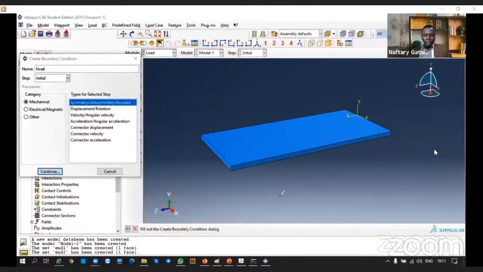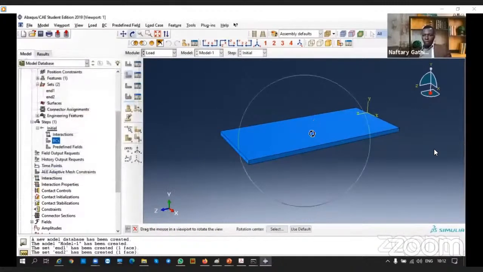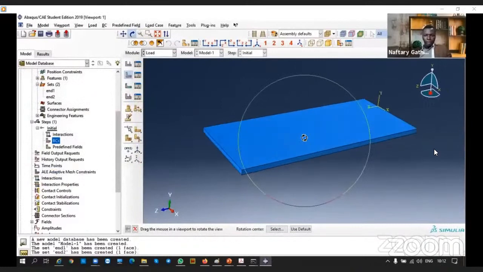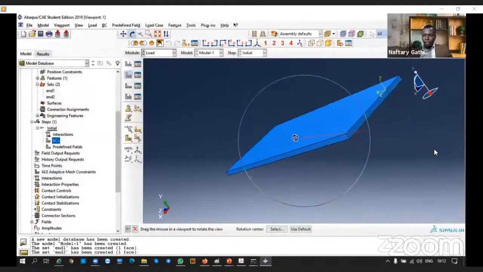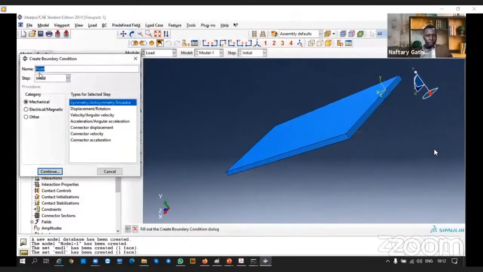So in that case now, let's define this boundary condition. Fixed. Oh yeah, I was rotating so that I can fix this edge. So fixed, mechanical, and encast. And in that case now,